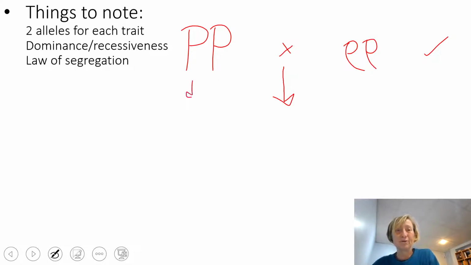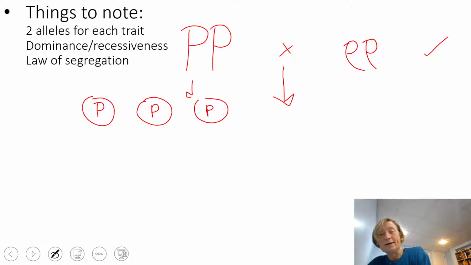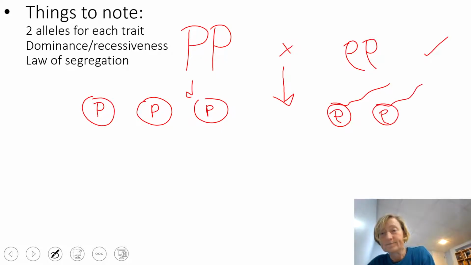So if you're from the purple flowering plant, every gamete's going to be a big P because that's all you have. If you're a white flowering plant and you're making sperm, now plants don't have swimming sperm, some do, but not peas, I'm just going to make them that way, all of your sperm would have little p's. Okay? And then in the first generation, an egg meets up with a sperm and inherits one copy of the